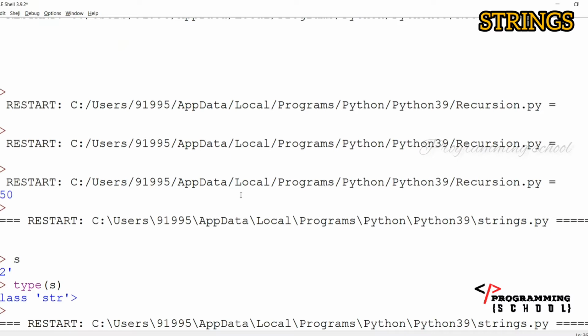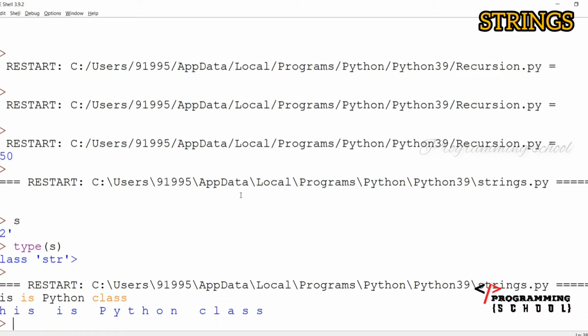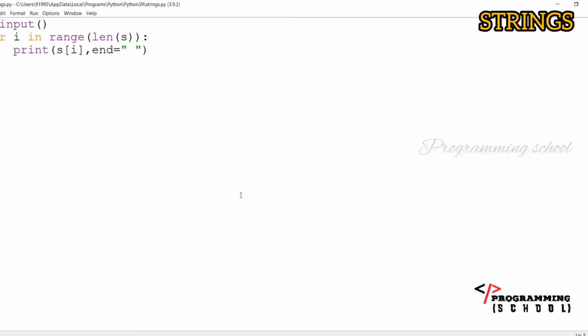Now I'm going to execute it. This is Python class. Just observe here, every character is going to be printed like this. In this way we trace character by character using index based looping.